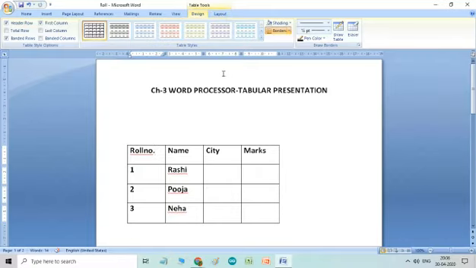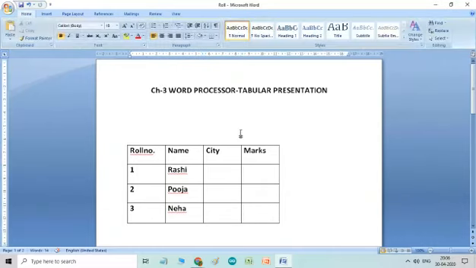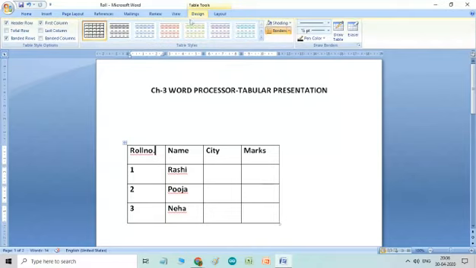These tabs go away when your cursor is outside the table. As soon as you click inside the table, these two tabs appear here, design and layout.